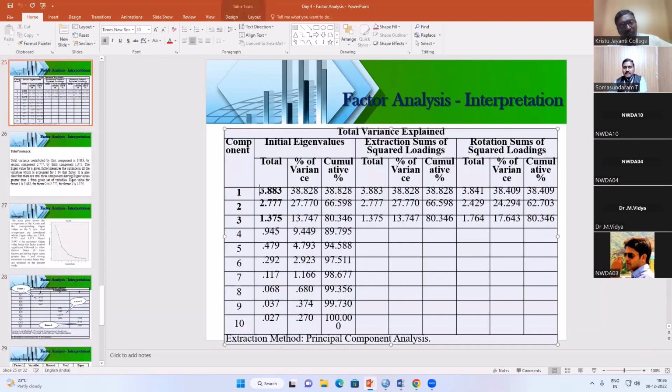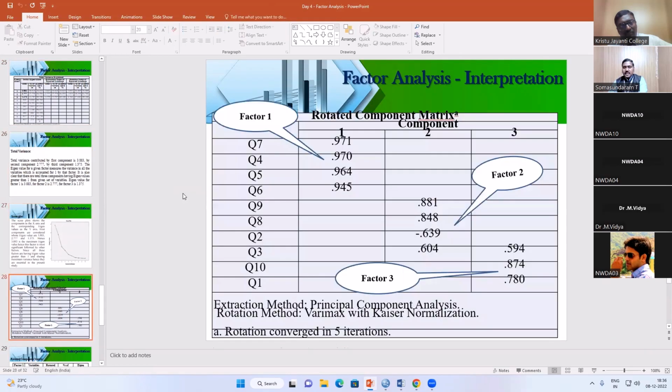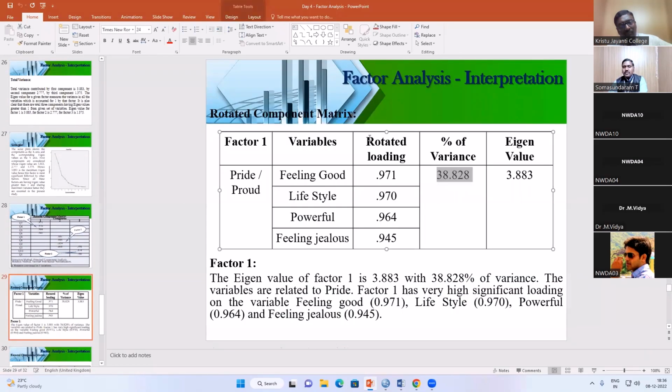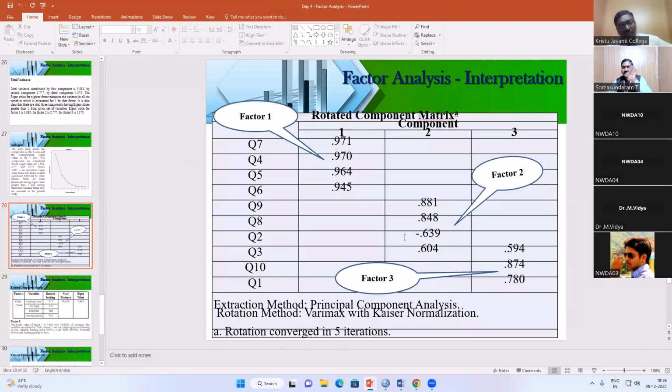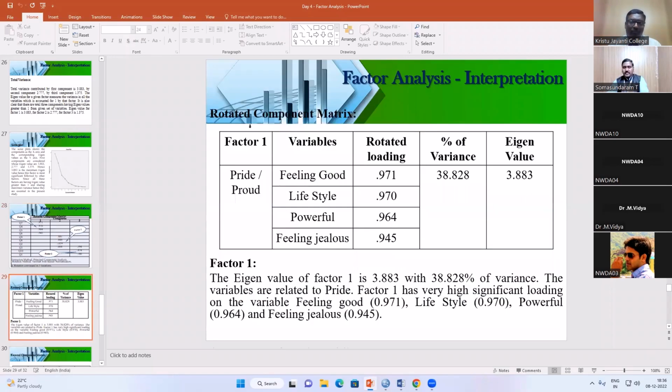This one. See, this is the eigenvalue. Percentage of eigenvalue is 38.828. These two values only I had mentioned here. So you have to open a new table like this. SPSS will not give the output. Please understand, your output stopped here itself. From this, you have to form a new table, define your factor, and then explain how much